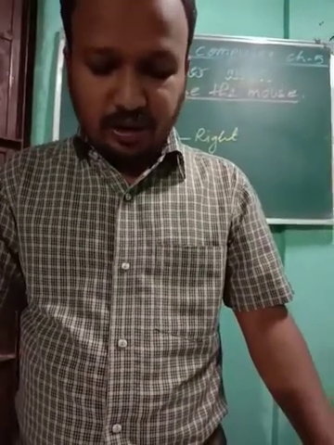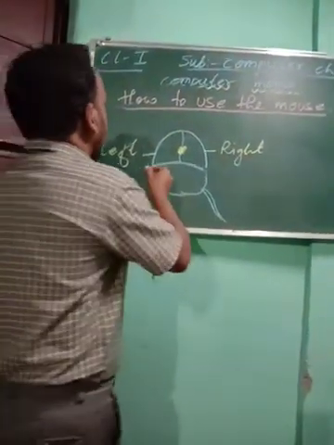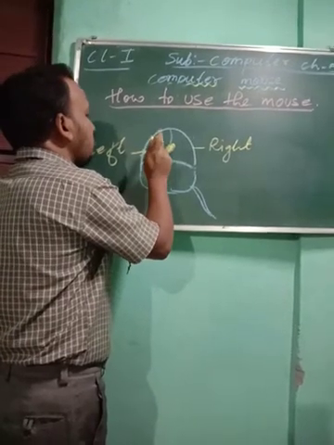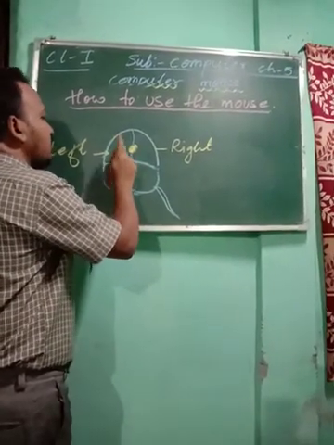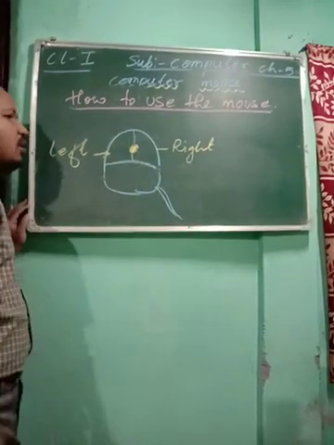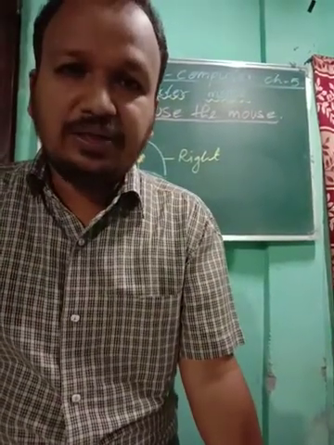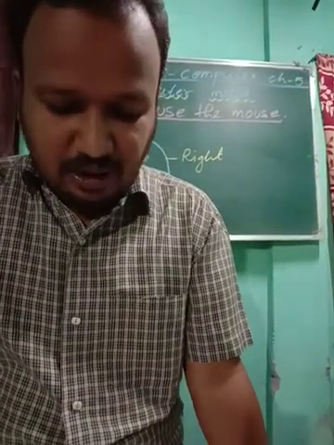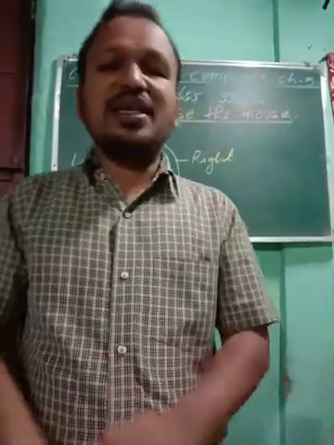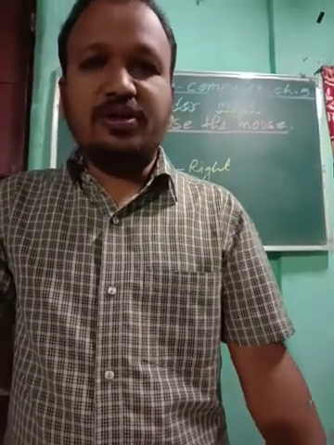So you see, with the left mouse button we will click once, slowly and firmly. That is called left clicking. And you will not move the mouse. Please don't move the mouse. If you move the mouse, then it may create a problem. And why do we use single click? Single click is used for selecting an item on the monitor.